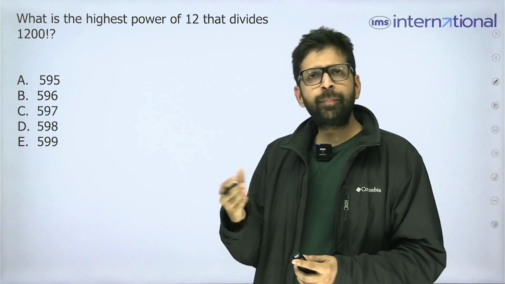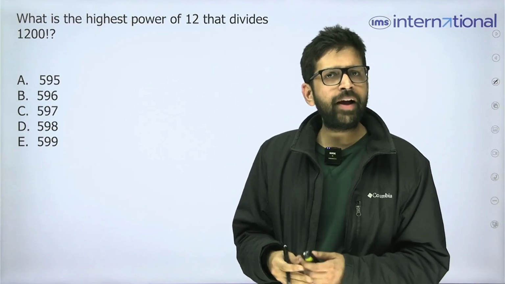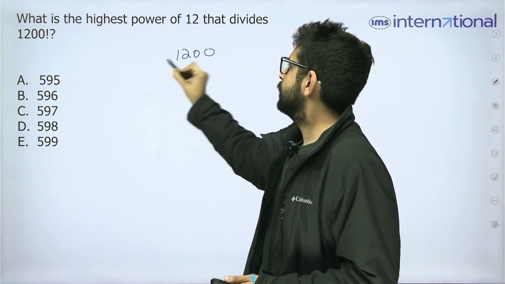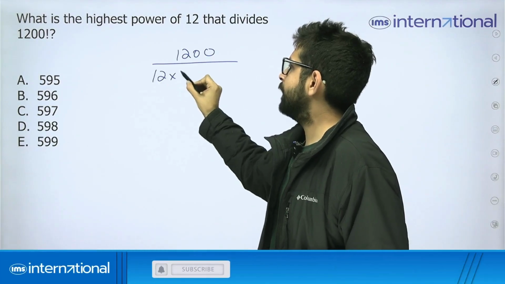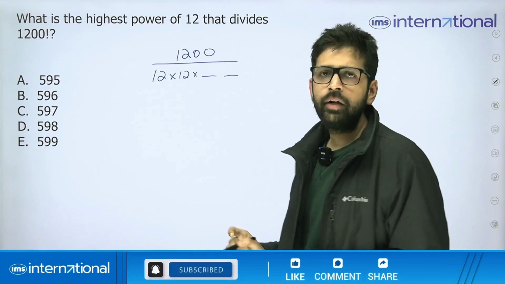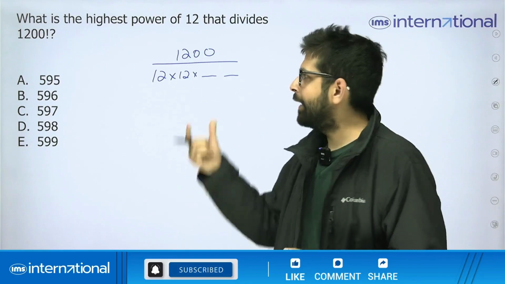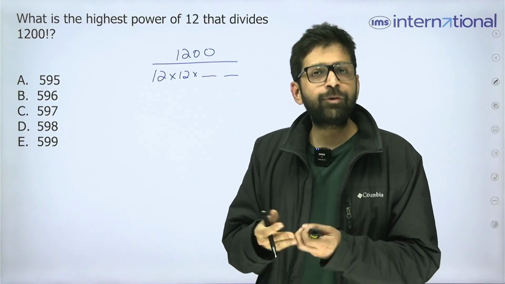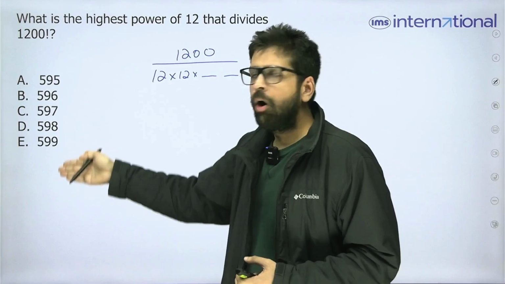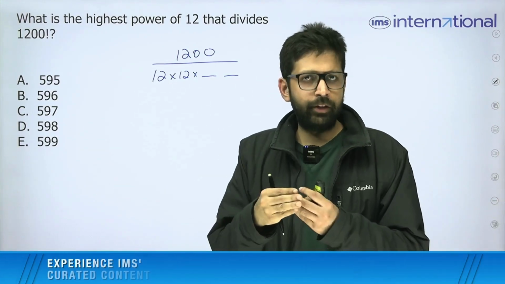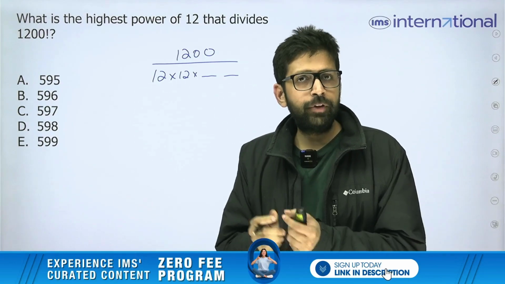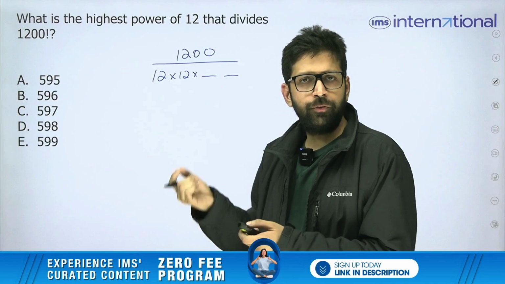What is the highest power of 12 that divides 1200 factorial? That means I need to find out how many 12s I can put in the denominator so that I can get a legit answer. I can get an answer that is a natural number, right? If you look at the options, you will see that the numbers are huge and therefore there is no point in manually counting it. So therefore we would use the same approach that we used for counting the number of